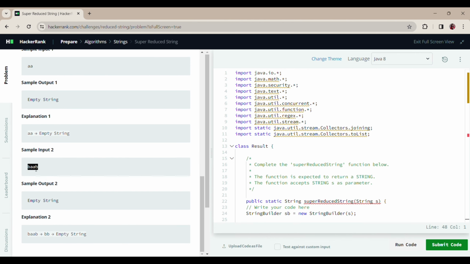Now let's look at another example, which is baab. So here b a is different, it won't get deleted. Now a a is the same, so it will get deleted. Now b and b are now adjacent characters, so they're the same, and they will get deleted. That's why it's called super reduced string, because it will compare till the end. Even if the loop is completed, it will start the loop again and check if there is any remaining same characters or not. Since there are none, nothing is left in the string, so it will return